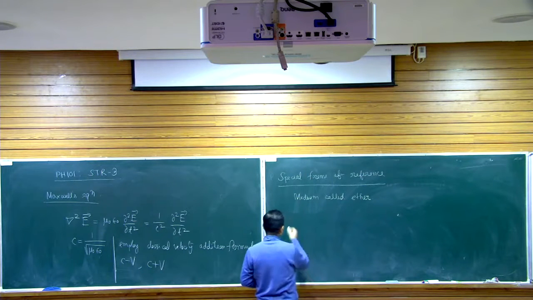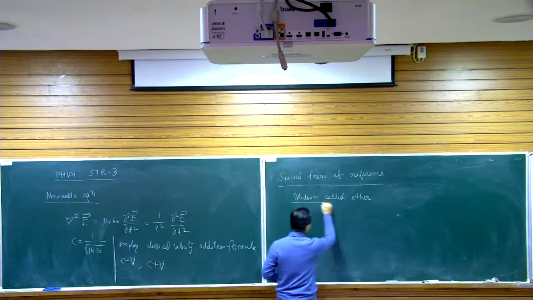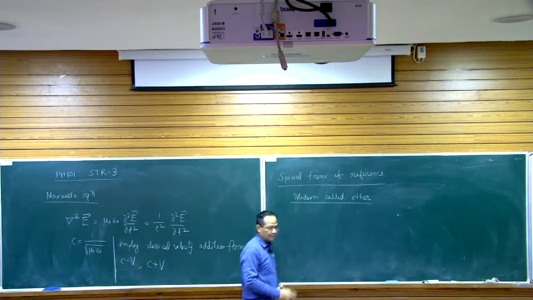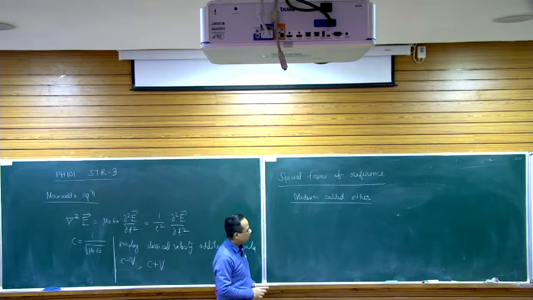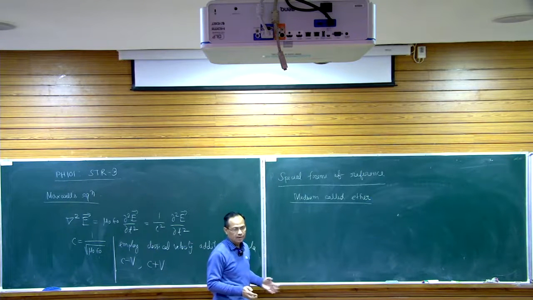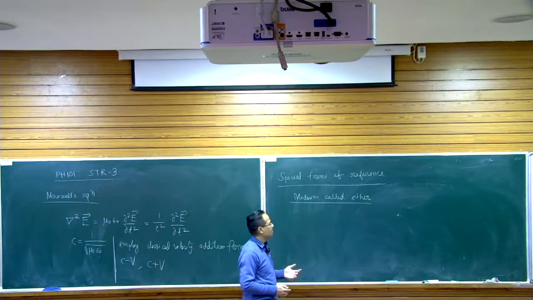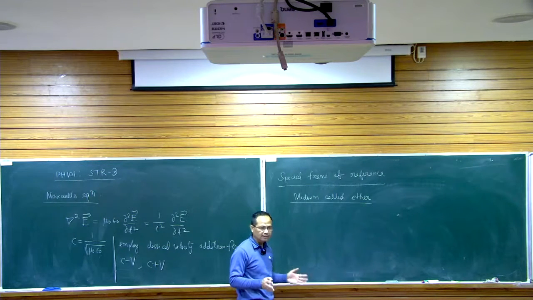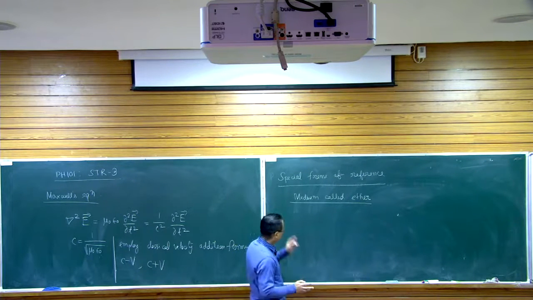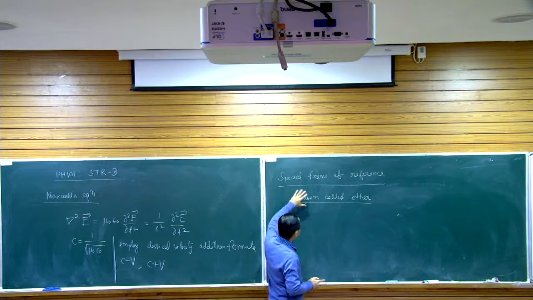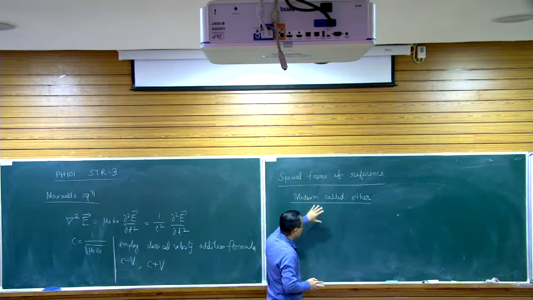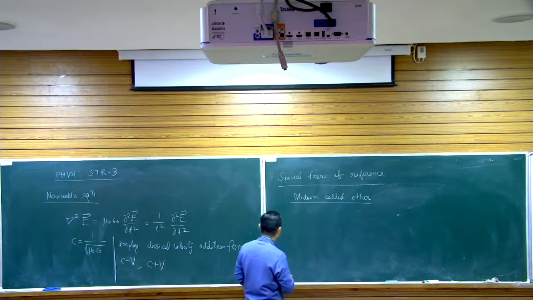So then if the existence of ether is correct, is true, then it has to be validated by experiment. In physics, there can be any hypothesis, but that hypothesis has to be validated by experiment. Only then it will be considered as a principle of physics or law of physics. So if we need to consider that there is a spatial frame of reference made of ether, then it needs to be verified by experiments.